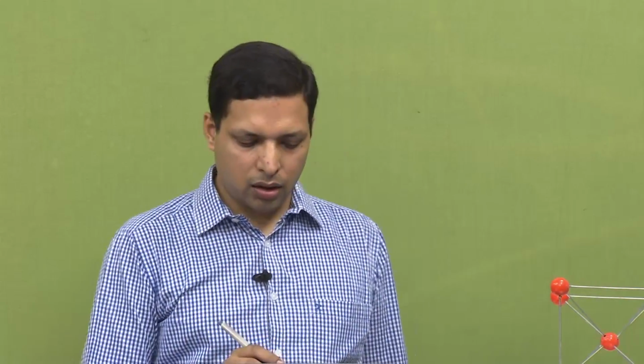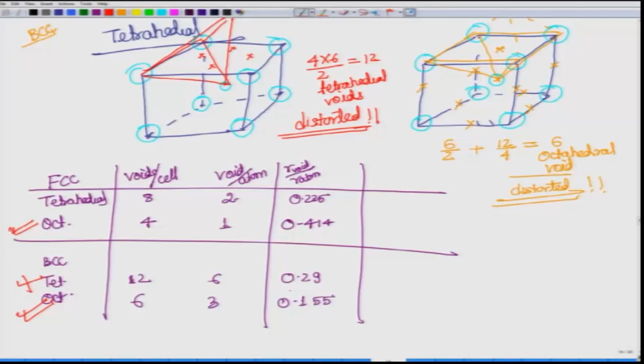So, like I said, although on paper the tetrahedral void in BCC would seem to be preferred by carbon atoms, it is not really the case. Octahedral voids are the ones where the carbon atom sits. Now, at this point let us also look at the radius of these voids. I have shown you the ratio, now let us look at the actual value.